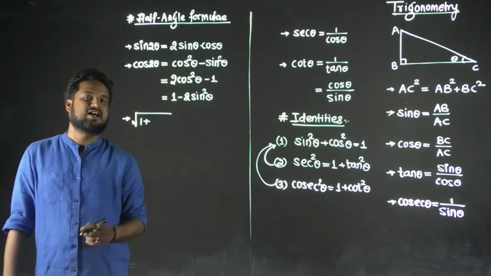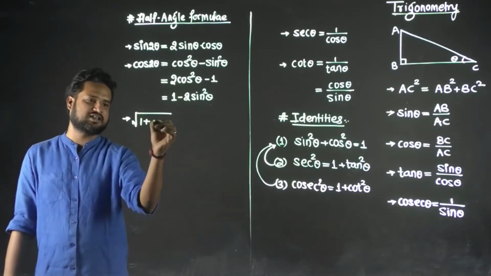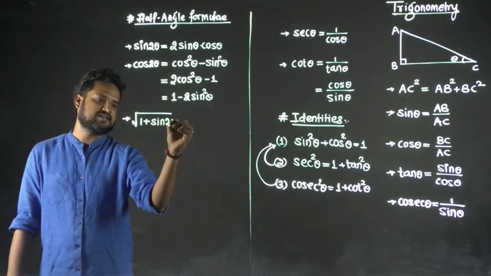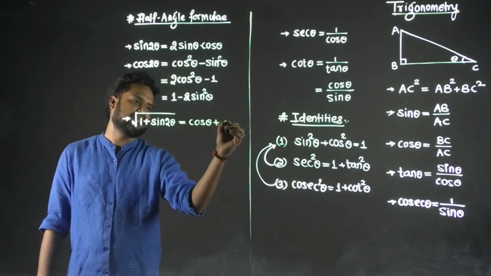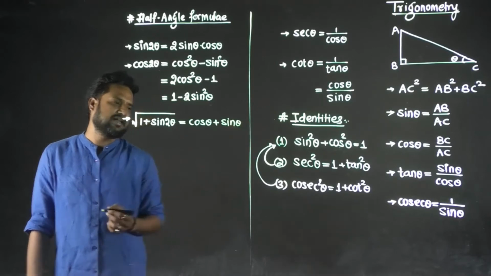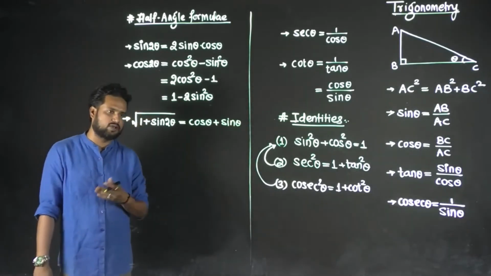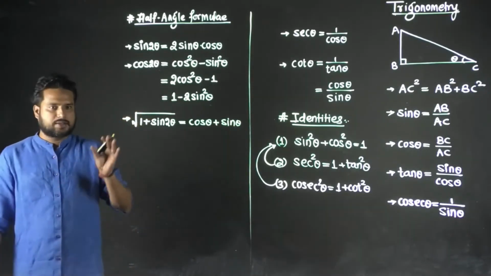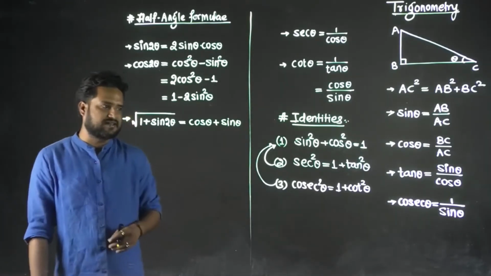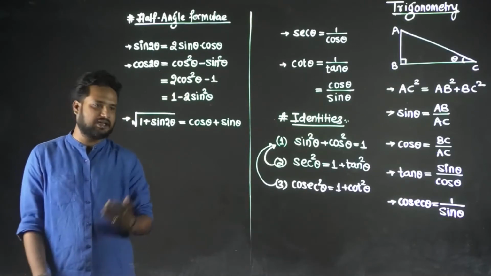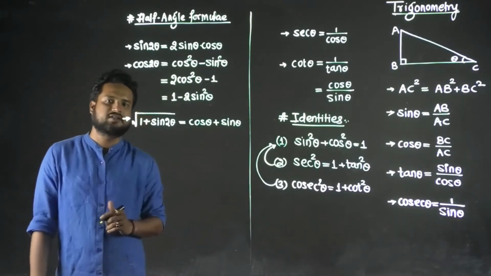But as of now, if it is the half angle formula, the heading which I have given, I'll consider one more. Root of 1 plus sine 2 theta is nothing but cos theta plus sin theta. Now this is most widely and extensively used in engineering, like M1, M2, M3, M4. So that's why I'm covering this particular part as well. Root of 1 plus sin 2 theta is cos theta plus sin theta. This is also called a half angle formula because you can see 2 theta became theta.